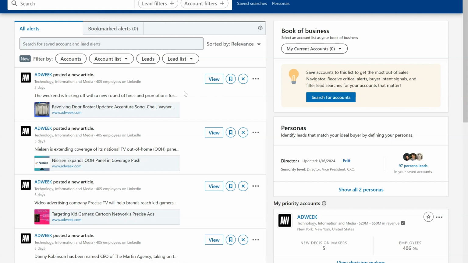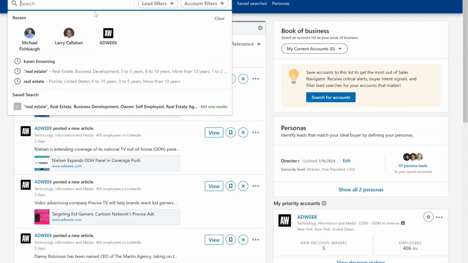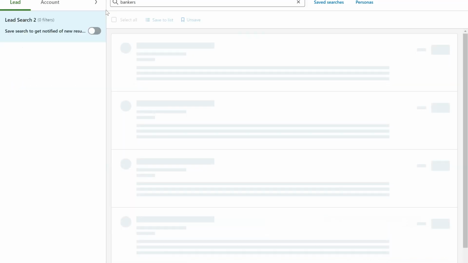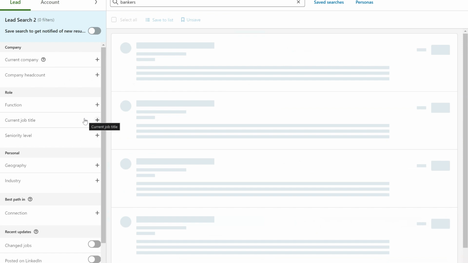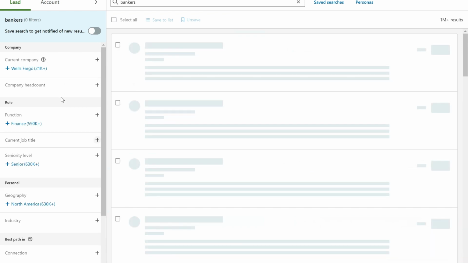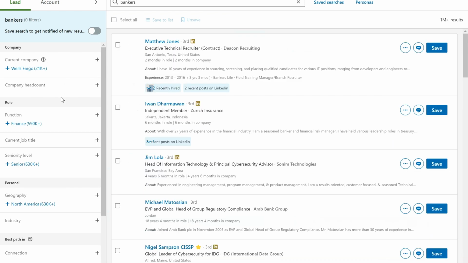Okay. So now inside of Sales Navigator, we'll show you how to create a message inside of here that's going to be very specific. So let's just use, for instance, let's say we're looking for maybe bankers. Now, from those bankers, you don't want to just put in bankers and say, okay, that's it.